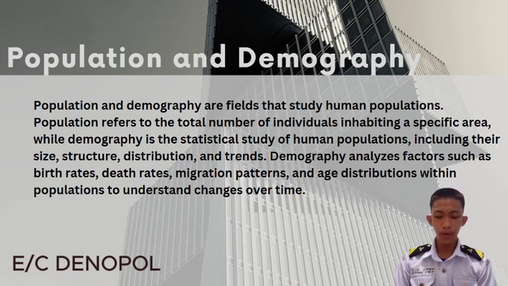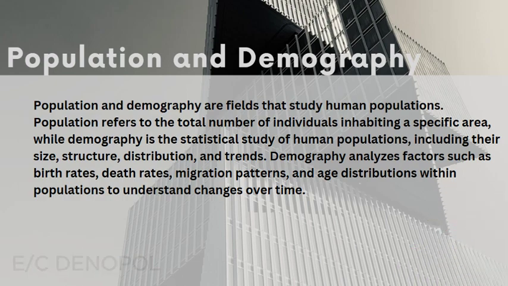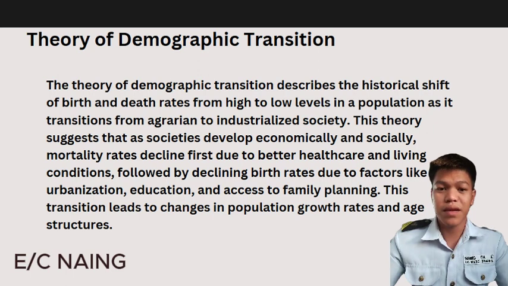The distribution of population is crucial for urban planning, environmental conservation, and disaster preparedness. The concentration of population in urban areas can lead to issues like traffic congestion and housing shortages, while rural depopulation may impact agriculture, productivity, and cultural heritage. Here to discuss the theory of demographic transition as it affects the global population.